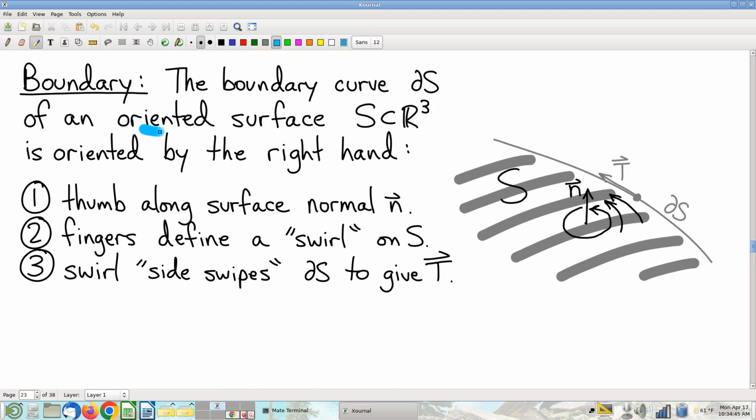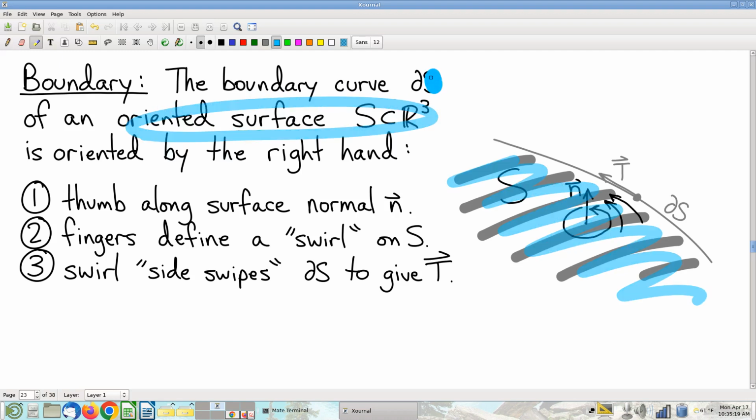We're going to be looking at surfaces in space. Now, we've talked about curves in space, and we made a boundary theorem, the fundamental theorem of line integrals. We've talked about solids in space. That gave us Gauss's divergence theorem. Here, we're going to fill in that gap. Instead of a one-dimensional curve or a three-dimensional solid, we're going to talk about a two-dimensional surface in three-dimensional space. Okay, so given a surface S, I talk about the boundary curve,